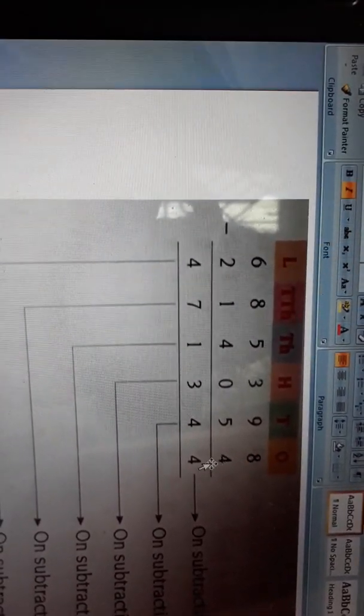In the ones place, the minuend digit is 8 and the subtrahend digit is 4. So here we will subtract 4 from 8. 8 is the larger number and 4 is the smaller number, so we can easily subtract the smaller number from the larger number. 8 minus 4 equals 4. Now let's see the tens place. Again the minuend digit is larger than the subtrahend digit. So 9 minus 5 equals 4, 3 minus 0 equals 3, 5 minus 4 equals 1, 8 minus 1 equals 7, and 6 minus 2 equals 4. This way we can solve the subtraction.